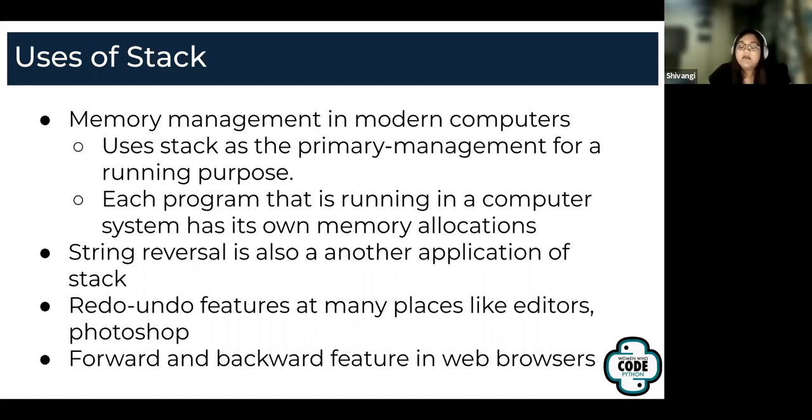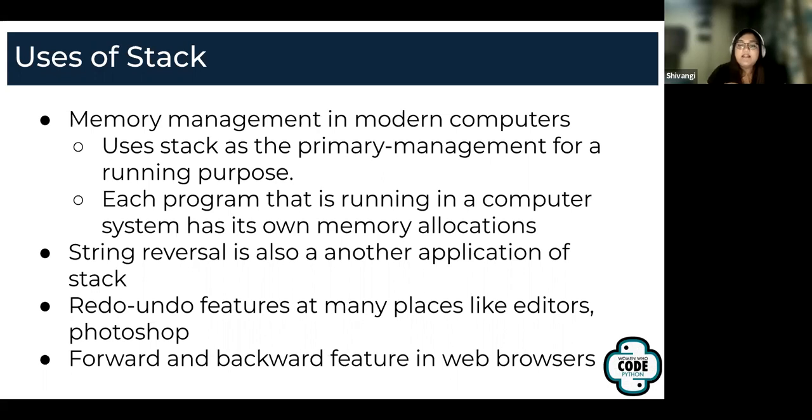What does that mean? Essentially, your computer has an internal stack which stores items, right? Everyone knows what a recursive function is, right? A recursive function is nothing but a function that keeps on calling itself. So let's say you're calling a recursive function. The first call of the recursive function is stored in the stack, and after the next call, it's again stored in the stack.